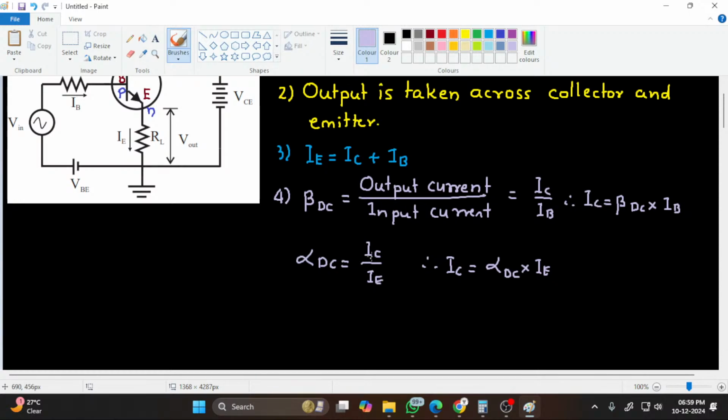So alpha DC is IC upon IE, so we can write alpha DC equal to IC divided by IC plus IB,